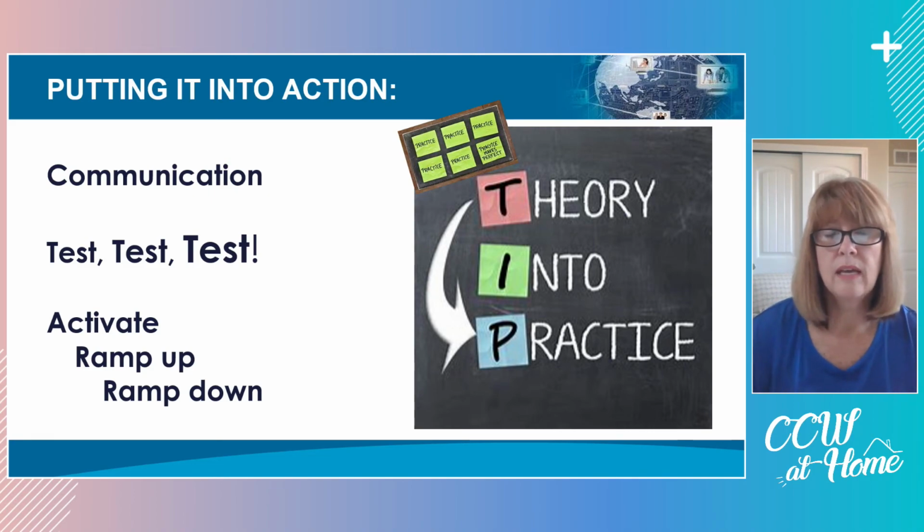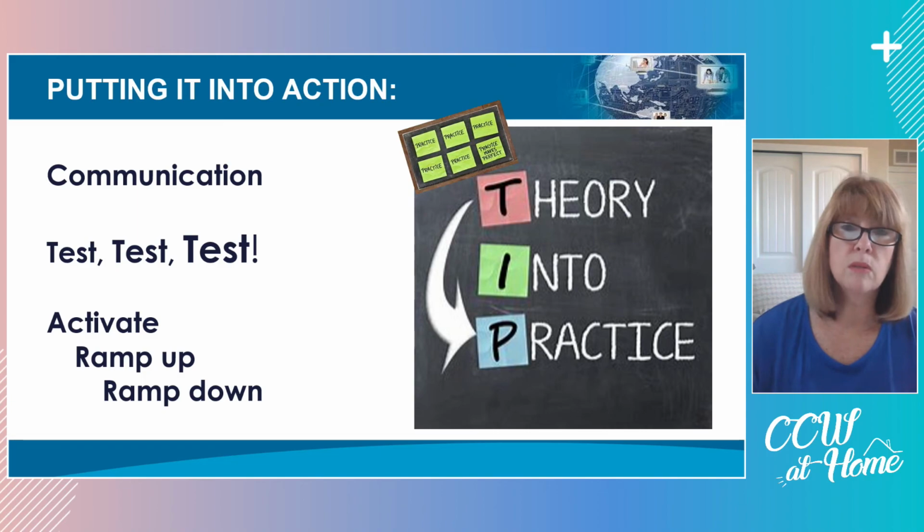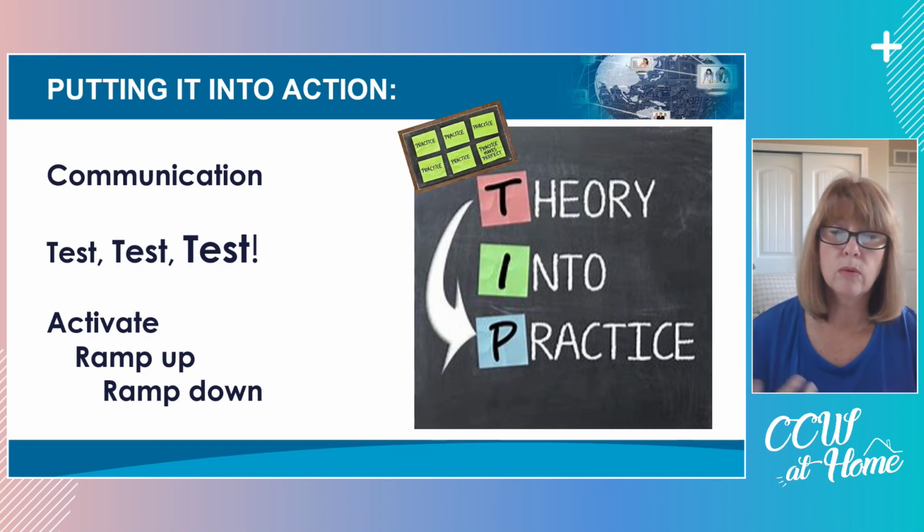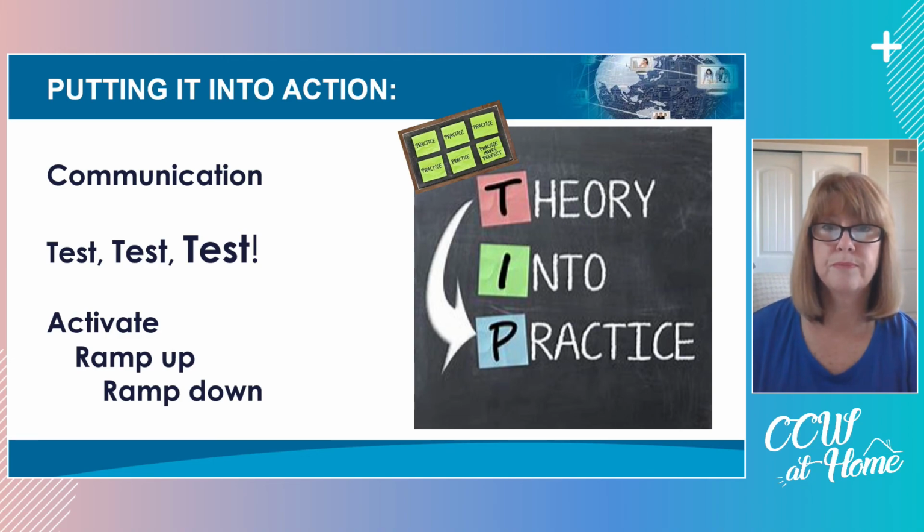And finally, in ramp down, follow the same procedures as ramp up. Who are your key decision makers? Do we have the contact information for all of those people? Is there a communication plan and a communication method? For example, when you think about COVID, there's probably a lot of uncertainty. I've talked to a lot of companies and a lot of employees who have real anxiety and uncertainty around moving at home. So the question is, do your people know how you'll make the decision, when you'll make the decision, and how it will be communicated to move back into the office? And if not, it's time to be sharing that information.